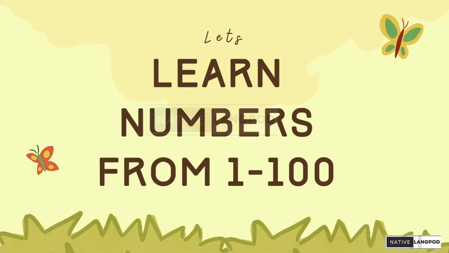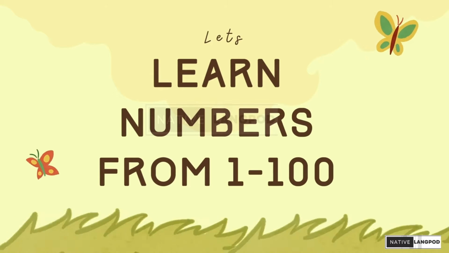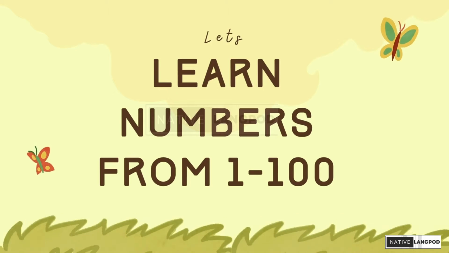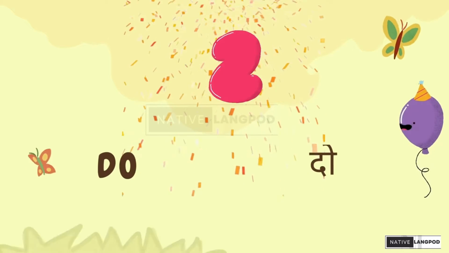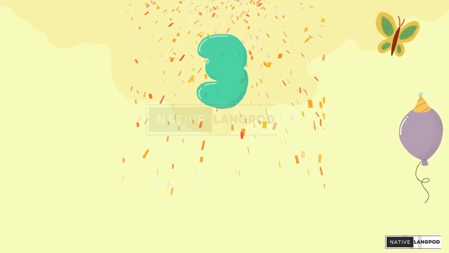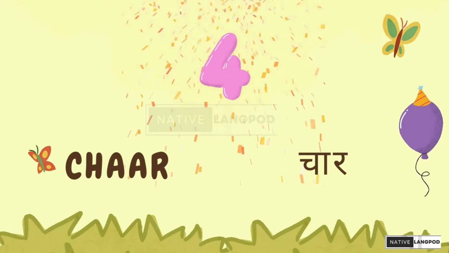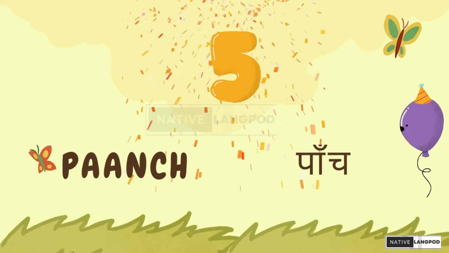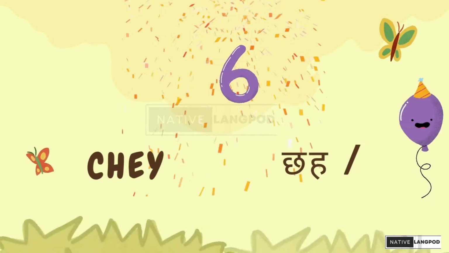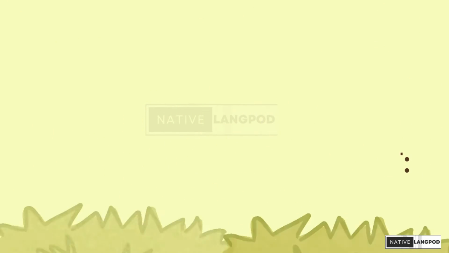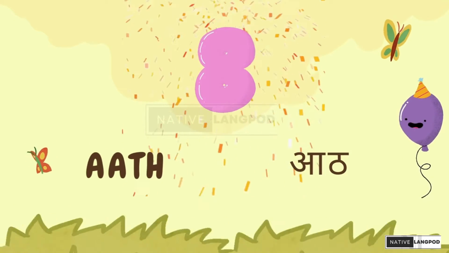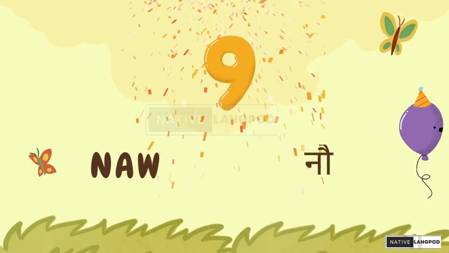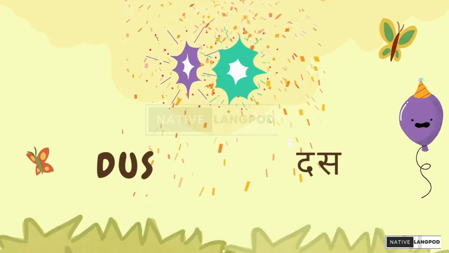Now let's learn how to say 1 to 100 in Hindi and English. Let's start. 1 is एक। 2 is दो। 3 is तीन। 4 is चार। 5 is पांच। 6 is छह। 7 is सात। 8 is आठ। 9 is नौ। 10 is दस।